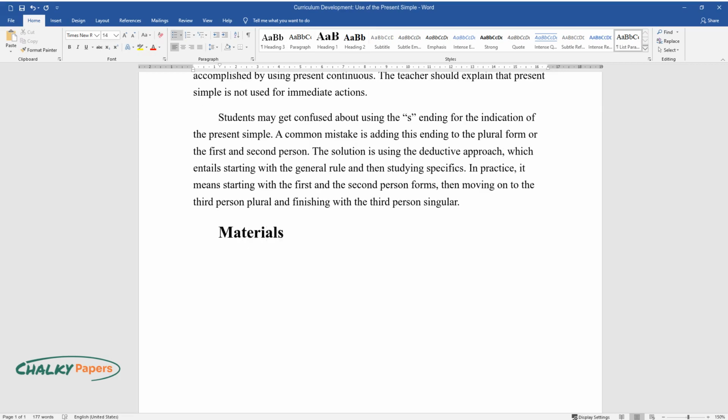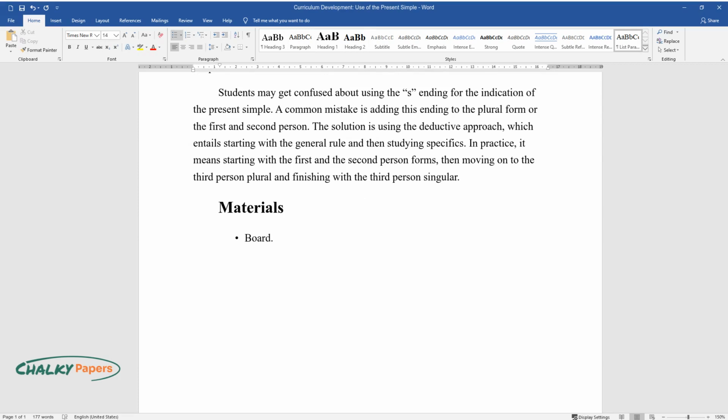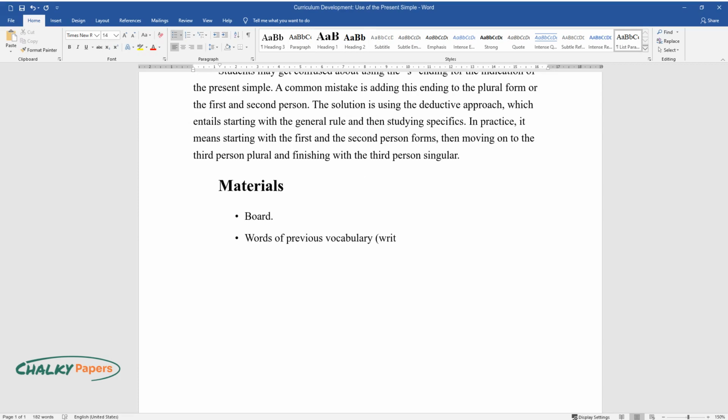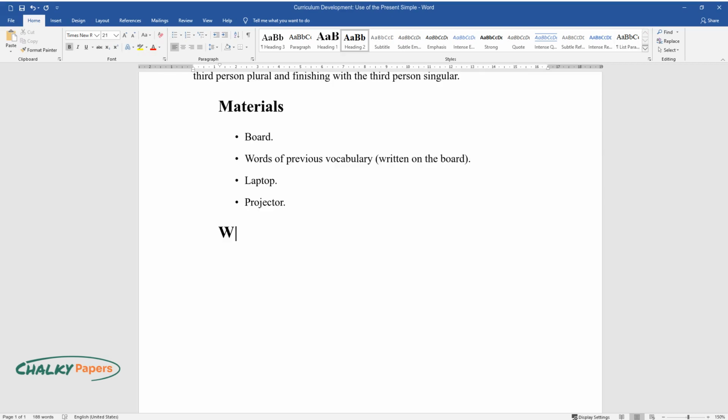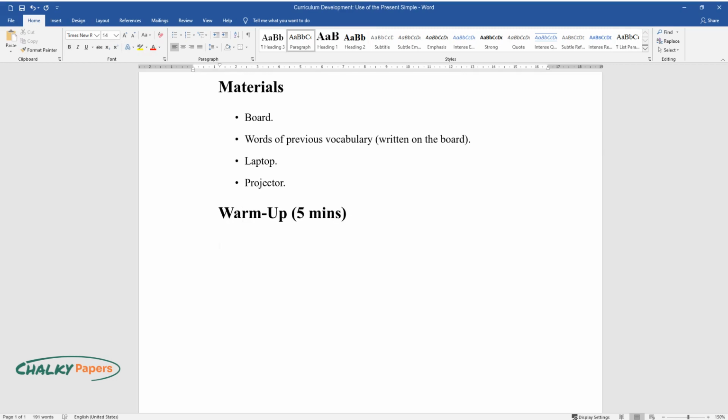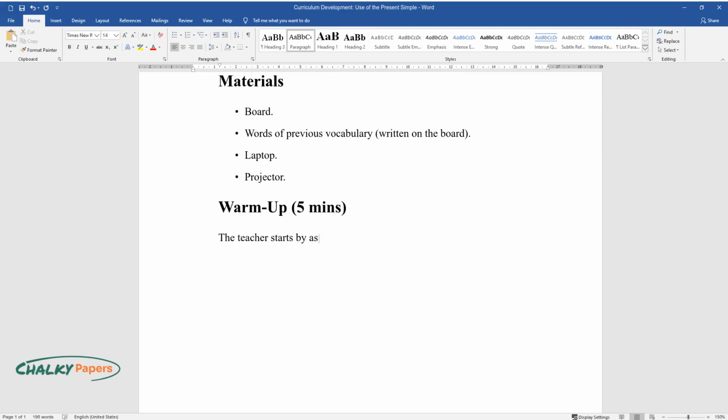Materials. Board. Words of previous vocabulary, written on the board. Laptop. Projector. Warm-up, 5 minutes. The teacher starts by asking the students to name as many verbs and nouns related to